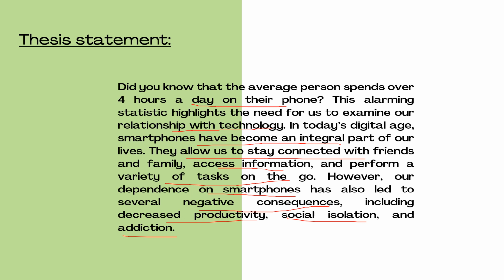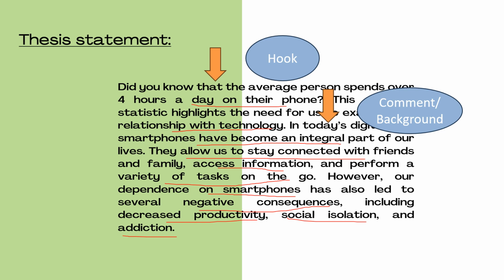So the first sentence, starting from did you know that the average person spends over 4 hours a day on their phone, and this alarming statistic highlights the need for us to examine our relationship with technology. These two sentences are for the hook for this expository essay. And then followed by the next one, in today's digital age, until tasks on the go. These two are for the context or background